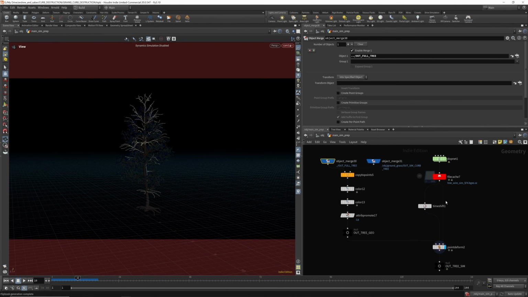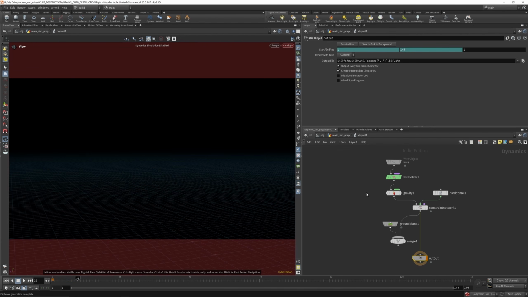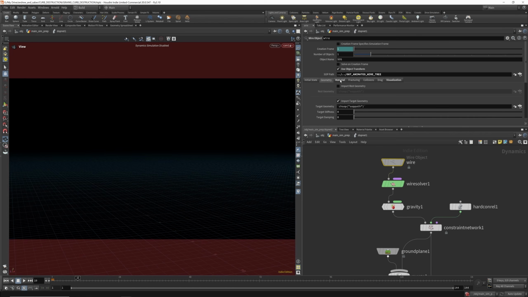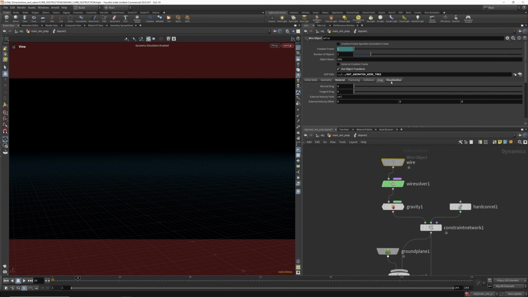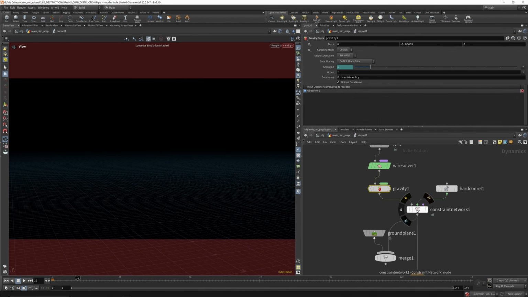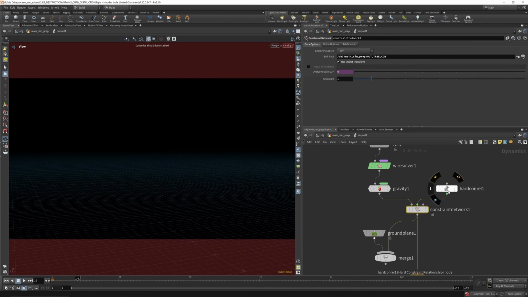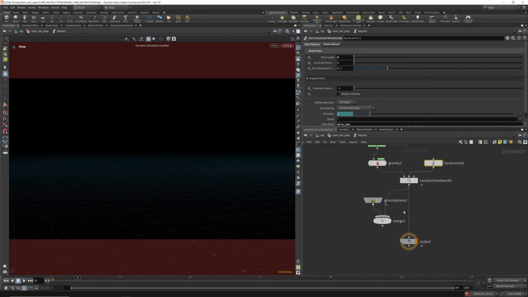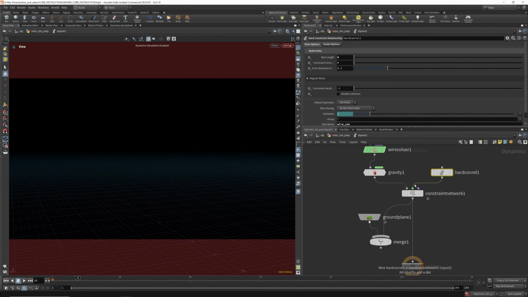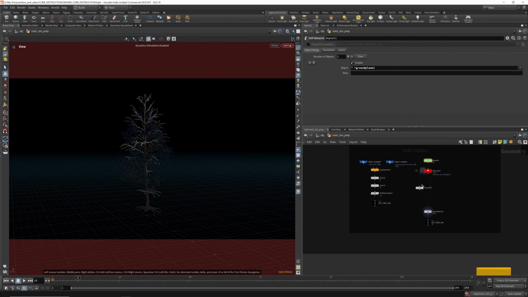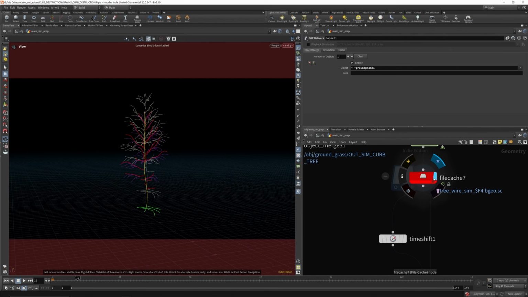and we're deforming this with our wire sim. It's pretty much the exact same setup. I think the only difference here is those are settings. I think everything is pretty much the same. We do have an extra layer of constraints in this version, but like I showed at the beginning of the tutorial, it's really not necessary. You could just use the setup that I created at the beginning. And with that cached to disk